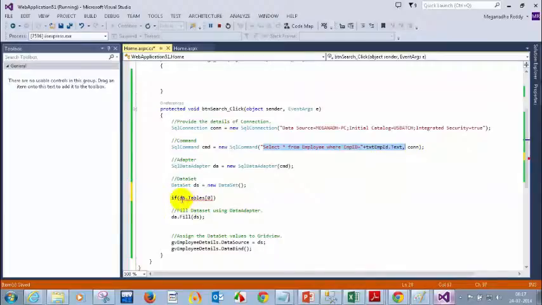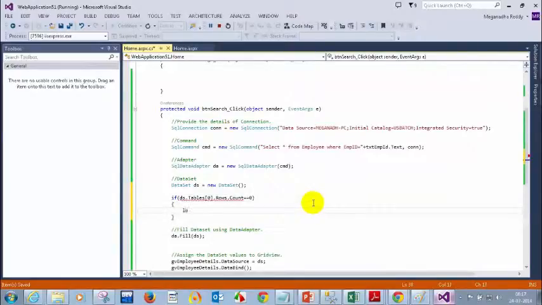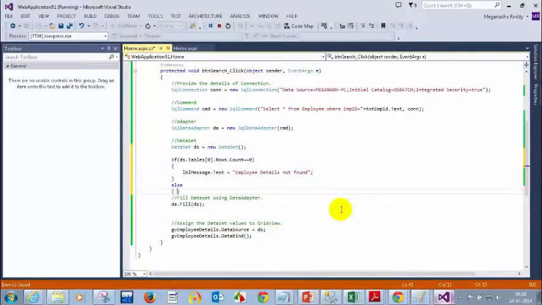So what I'm doing here: DataSet.Tables[0].Rows.Count. If this Rows.Count is equal to 0, I can put lblMessage.Text equal to "Employee details not found", and then you can put an else condition.